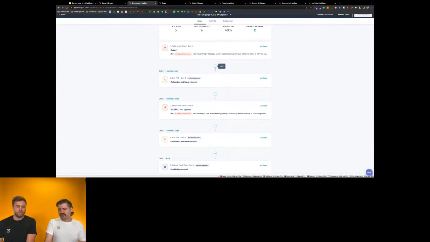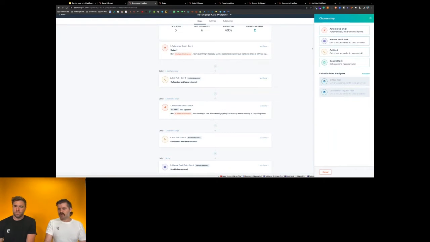Nice. Then as well, you can add the different actions in here. One helpful thing, there's the automated email. That is just a task to send an email. So if you want your team to have a more personalized, more hands-on approach with it, it'll be just a task reminder saying, hey, send that follow-up email. You can get a task to make a call, or just a general reminder there. There is also the LinkedIn Sales Navigator. So if you're following up with cold prospects on LinkedIn, or you're prospecting on LinkedIn, they can use the